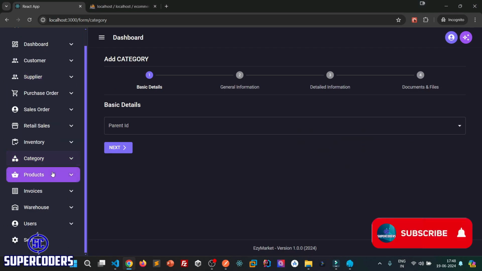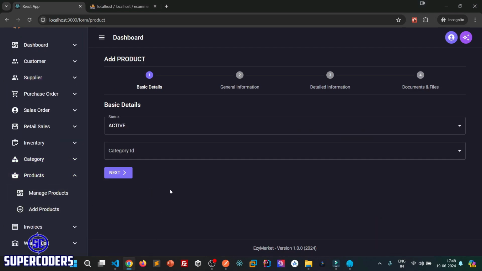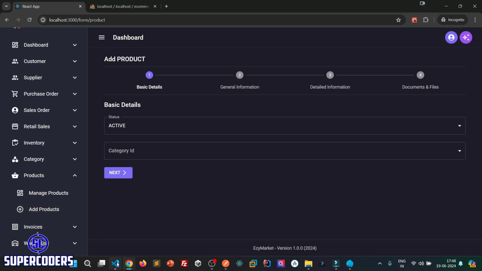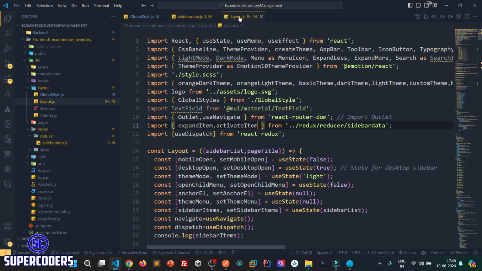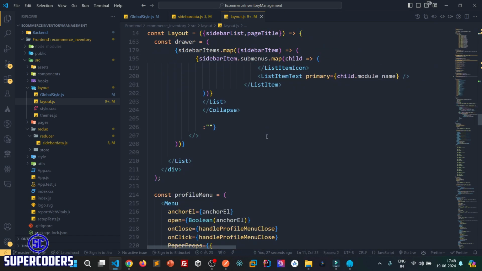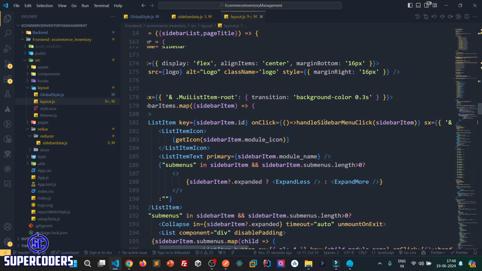Now if I visit any page like products, add products, I can see my sidebar is active, but right now it is not showing as activated because we didn't add the class. So what I can do right now, come to VS Code, come to the layout file. After that we need to make our sidebar active, so we need to add a class. So here in our sidebar item,